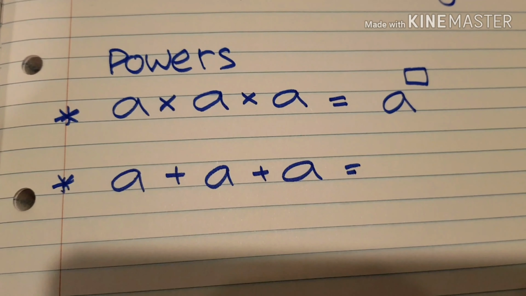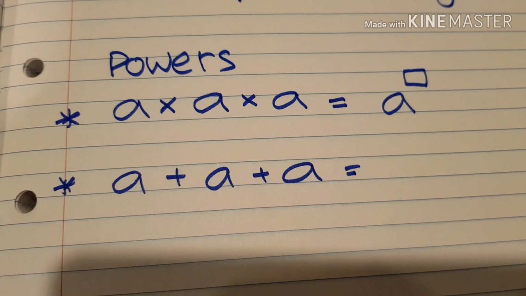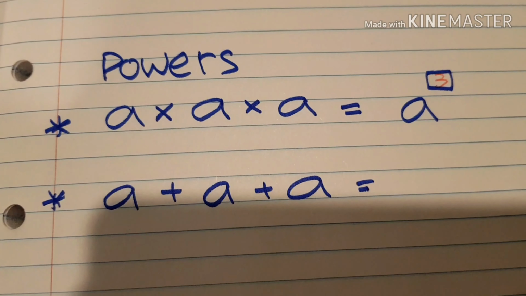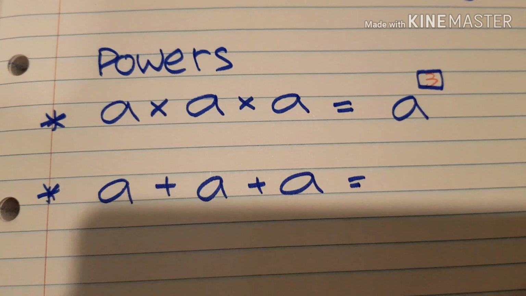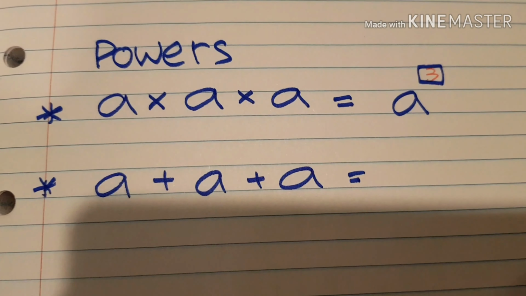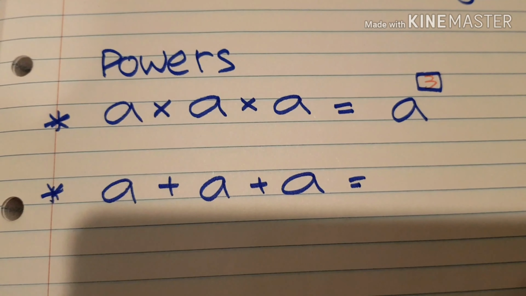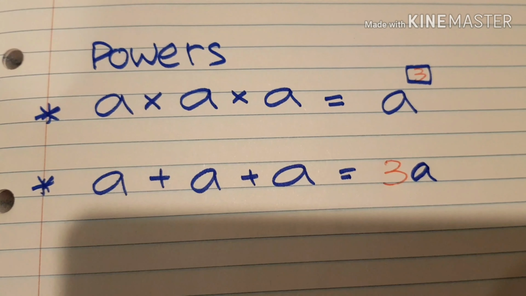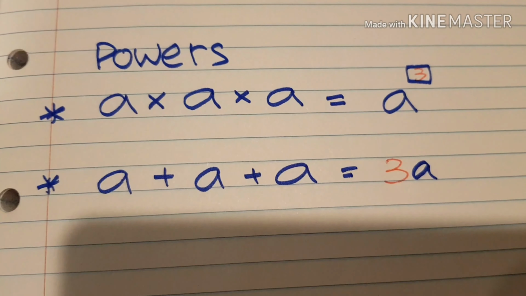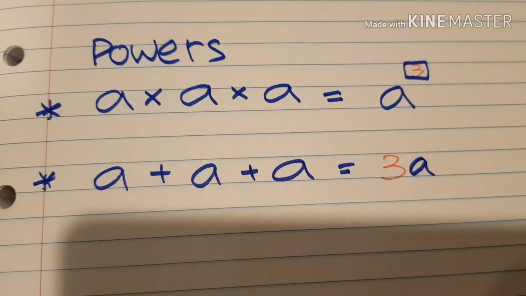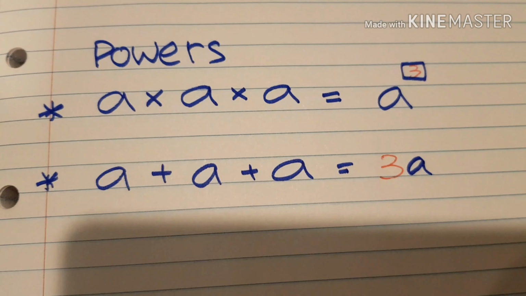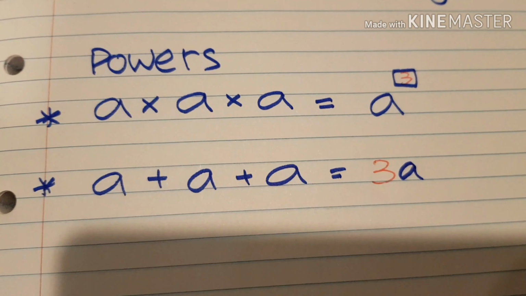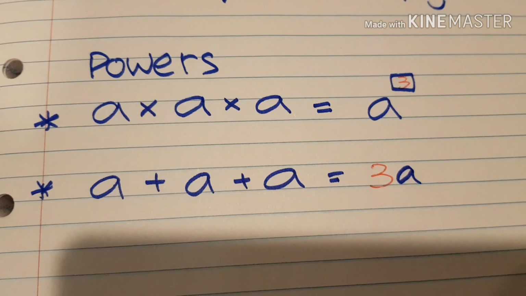Okay, so I've got a times a times a, so it's going to be a to the power of 3. Well done. But the below one, a plus a plus a, that means how many a's do I have? Yes, this was very simple. It's just 3a. Okay, so knowing that multiplying powers, if we multiply the terms, we add the indices,